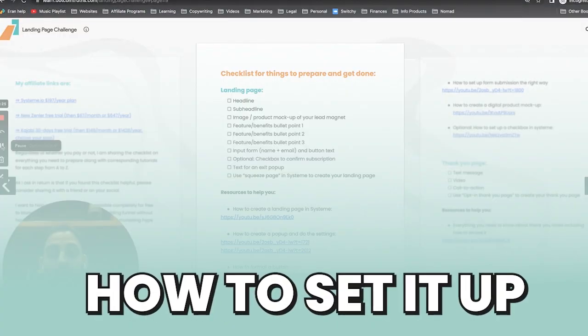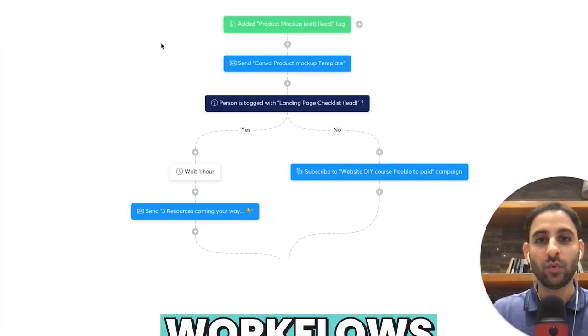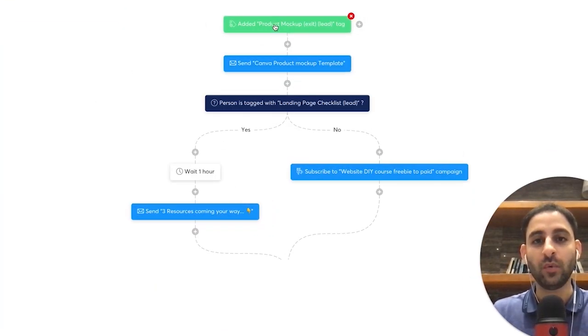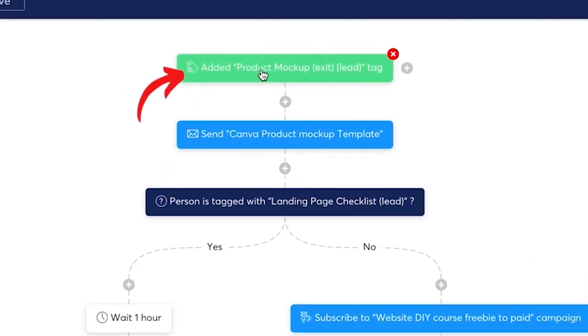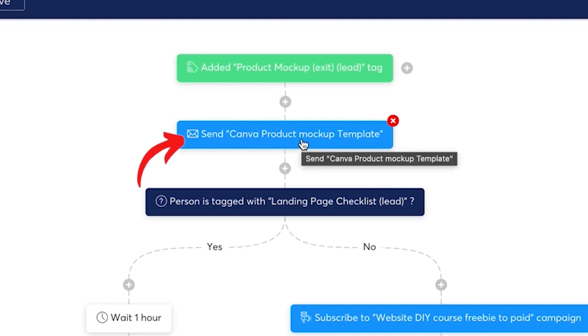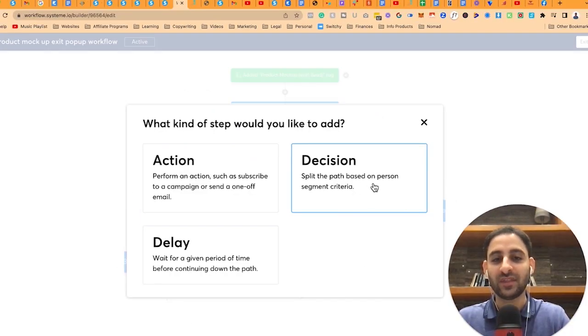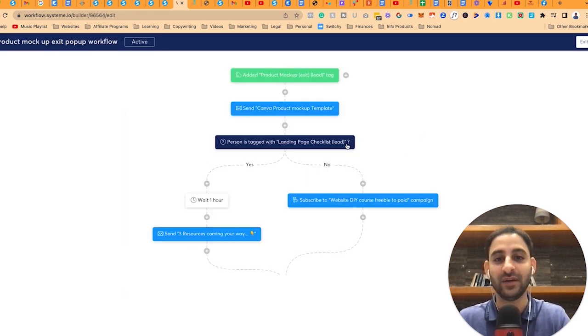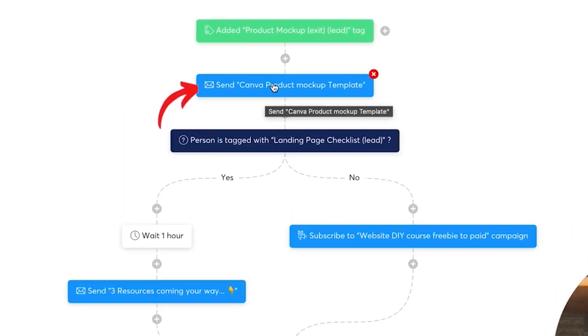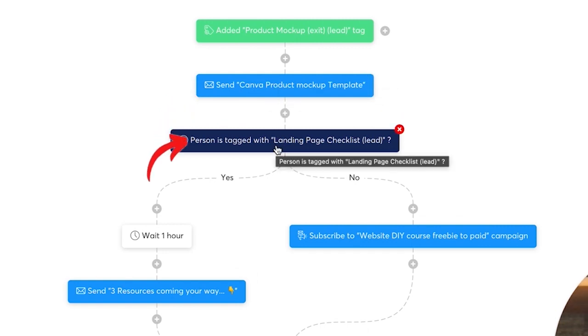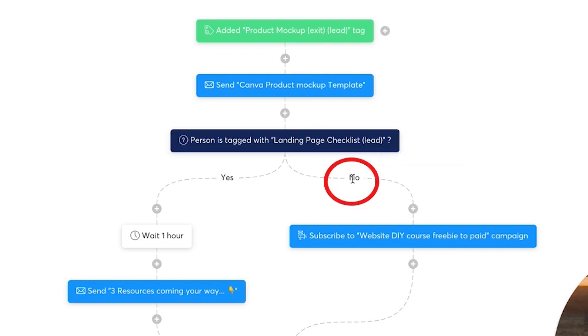Now let me show you how you set it up. So you see here under workflows, I have created a workflow where when a tag is added, which is the product mockup exit pop-up, send them the email with the template, because that's what I promised, number one. The second thing is, notice that there's an option here to make a decision, split the path based on the person's segment criteria. So the question is, after I send this email, is the person tagged with the landing page checklist? If the answer is no,